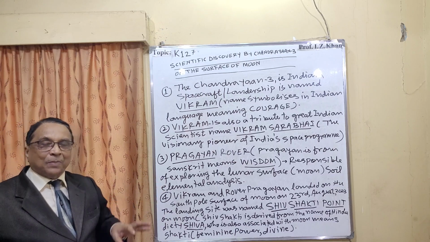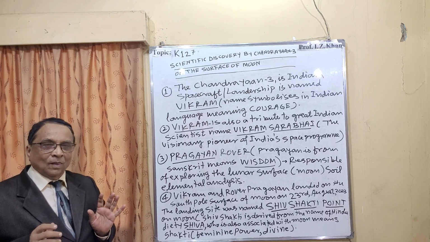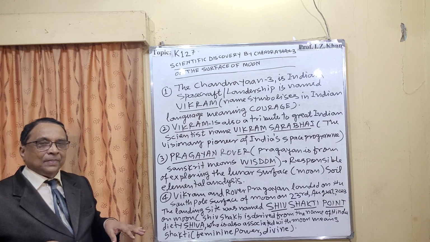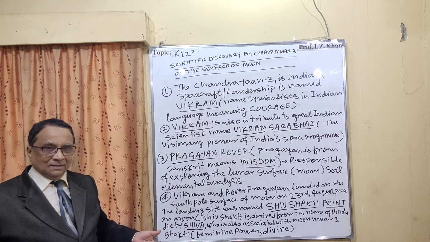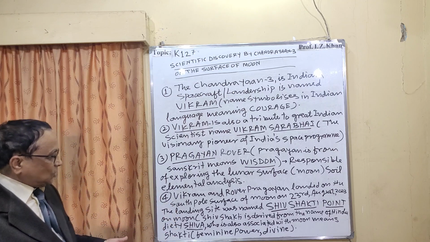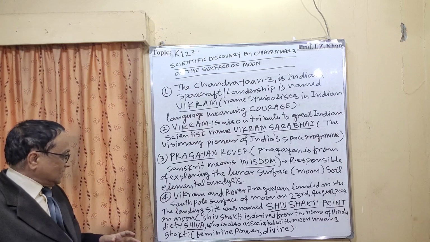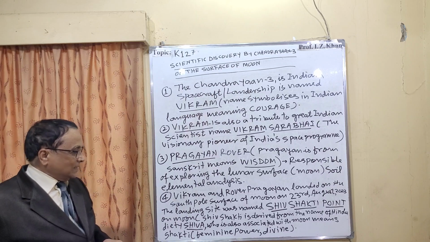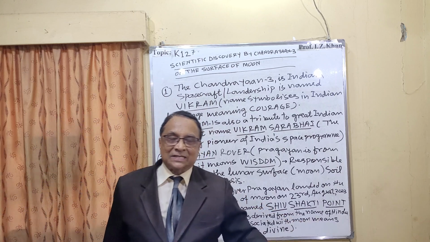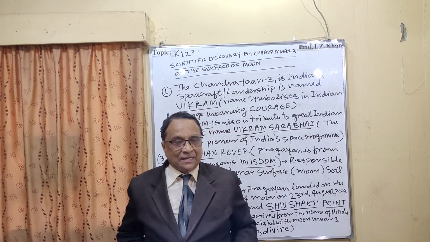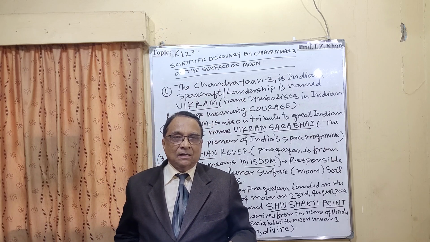Shiva is the symbol of power, and that divine power, I am not Hindu, but I can understand, being Indian, that Shiv Shakti means a divine power of femininity. Shiva is also associated with the moon, and Shakti means the feminine power, which is divine power. That is all, Sanskrit and Indian language names are clear here. In the next lecture, I am going to explain each spectral instrument one by one.